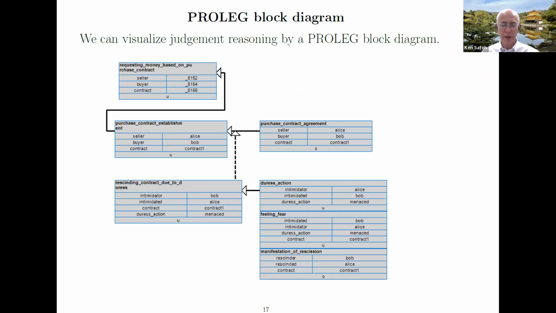And actually, we have a reasoning simulation, and we can show the simulation results by block diagram. And this is called the PROLEG block diagram. And the left hand uppermost box is the ultimate conclusion. And in this case, it is U. U is undefined. I think that this is a block diagram for arranging issues, so